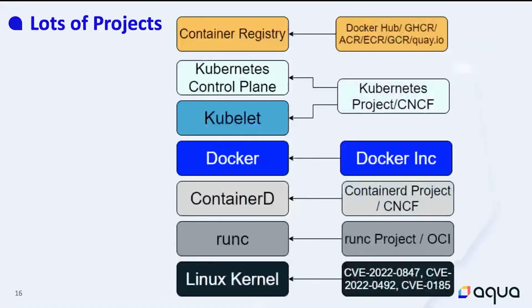The thing here is that each of those components is managed by different projects, by different interest groups, let's say. So for example, the container registry might be provided by Docker, it might be provided by a cloud vendor, or it might be provided by a Git repository such as GitHub. Similarly with all of those other components, whether or not they're open source, there are different projects behind them that are ultimately managing and working on those components, and they have different interests and different goals.